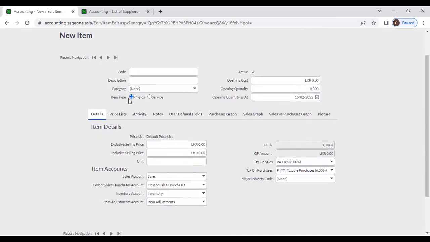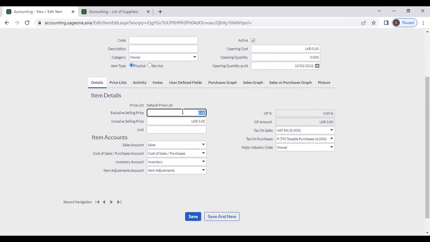And here, from item type, you can select physical item or service item. If you are providing services, you can select services, or if you are a trading company, you can select physical items. And you can enter opening cost, opening quantity, and opening quantity as at date. After that, you can enter selling prices, and you can select the income account, cost of sales account, inventory account, and